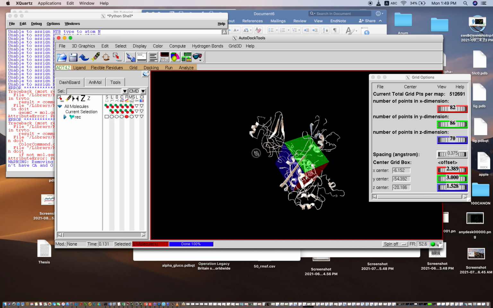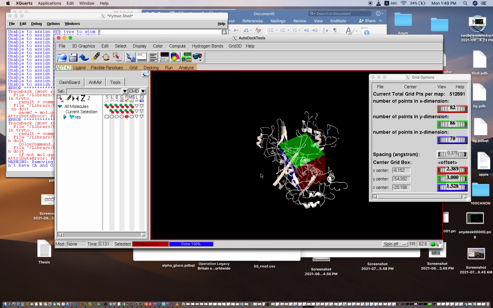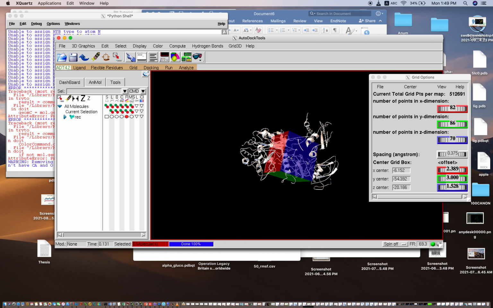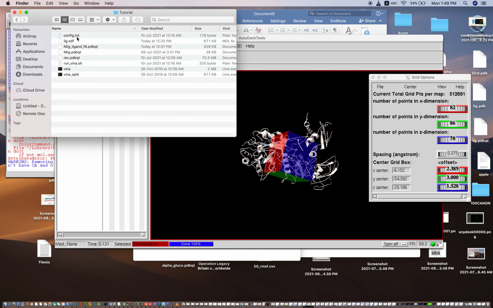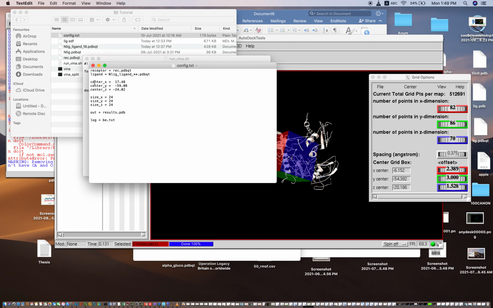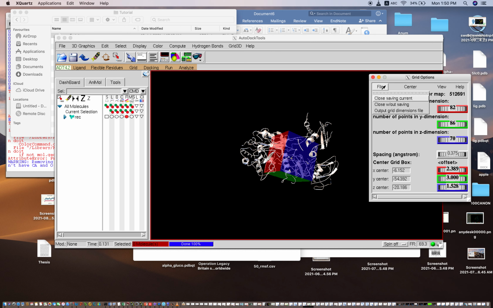It means you want to dock the library of the ligand in this place. So when you do this, you will have to note these dimensions. Note down these dimensions. These will be important when you dock your ligand with the receptors. Like I have noted the center of X, Y and Z, and the size. So you will have to note all these dimensions, or you can save it like this.